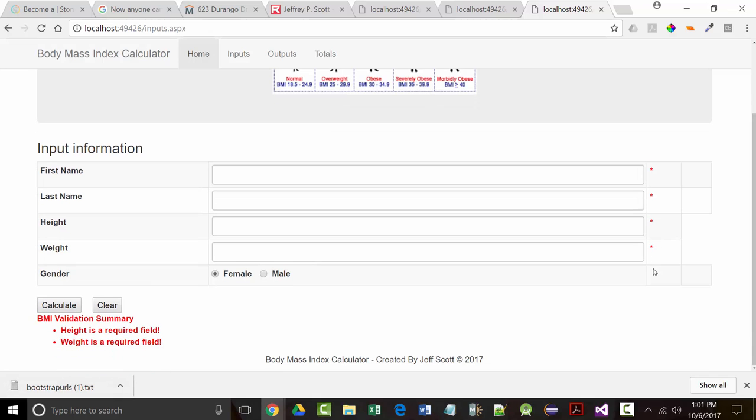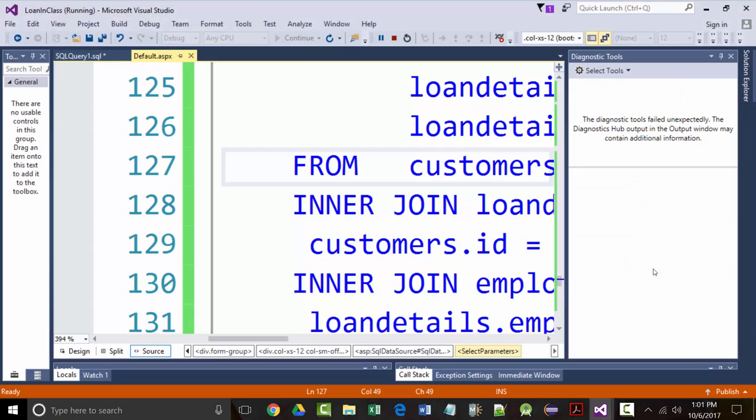Okay. But notice what I have. Height is a required field. Weight is a required field. I must not have put messages in, all right, for first name and last name, because they are required fields. They're being caught here, but I didn't put any message with them. Does that make sense? And if you don't know what I'm talking about, when you take a look over at the code, what you'll notice,